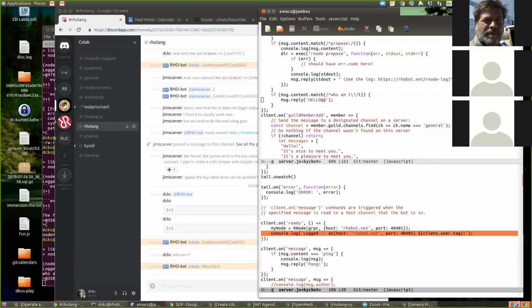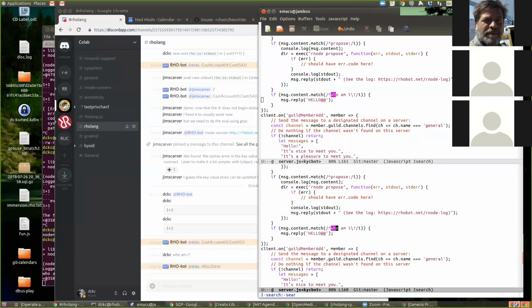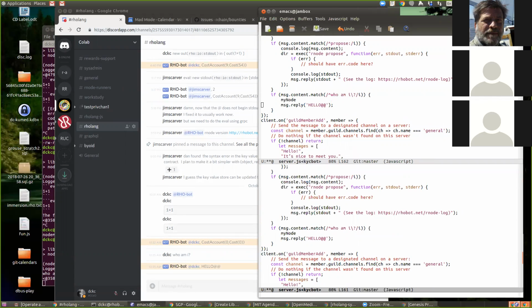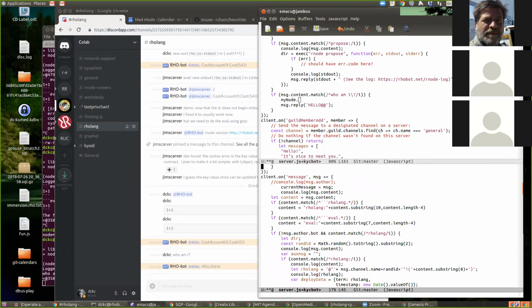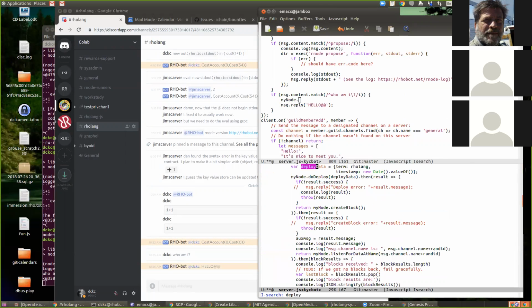Yeah, this is where it's logging the 40401. Right. Okay. Where do we, okay.